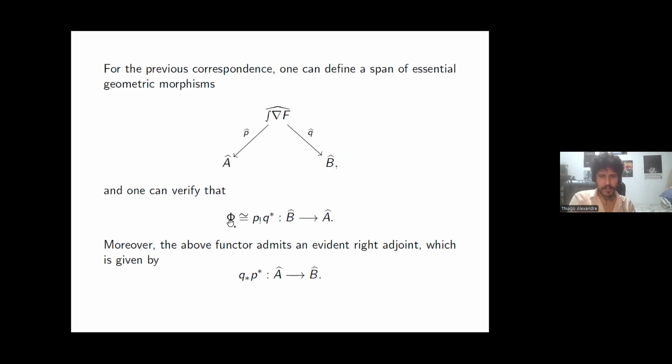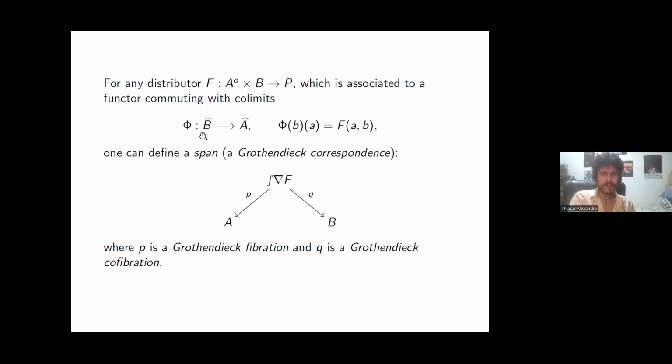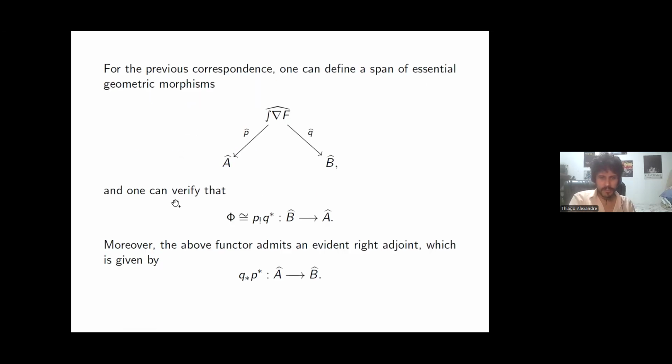Sorry, now I'm assuming that we are starting from a functor commuting with colimits of this form from B hat to A hat. One can verify that any functor commuting with colimits will be presented this way by using the Grothendieck fibration and the Grothendieck cofibration. And it always admits an evident right